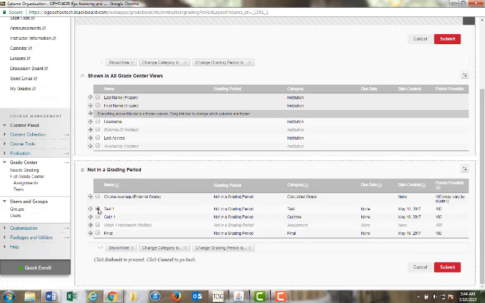So if I click test 1 and I hide selected column, I am only hiding it from myself. And we have had student complaints because the instructor thought, because you would think logically that if you hide columns here, they're completely hidden, but they're not. They're only hidden from the instructor. They are not hidden from the student. So you have to hide them from the gradebook, from the students first in the gradebook, and then hide from